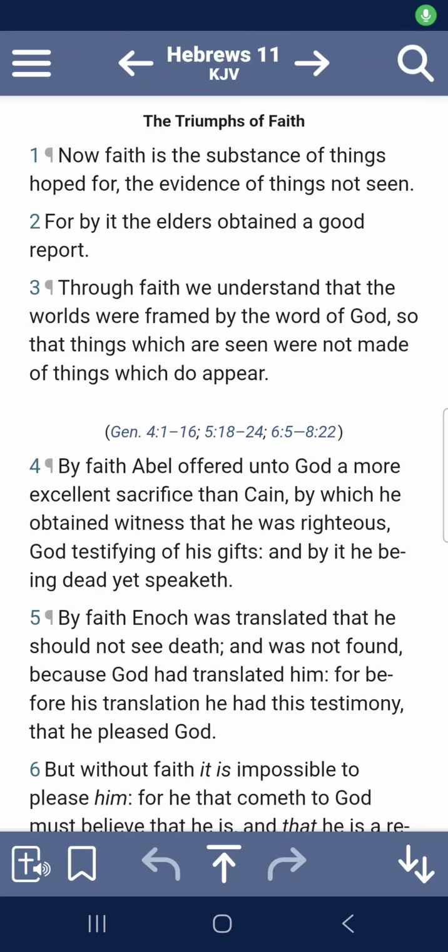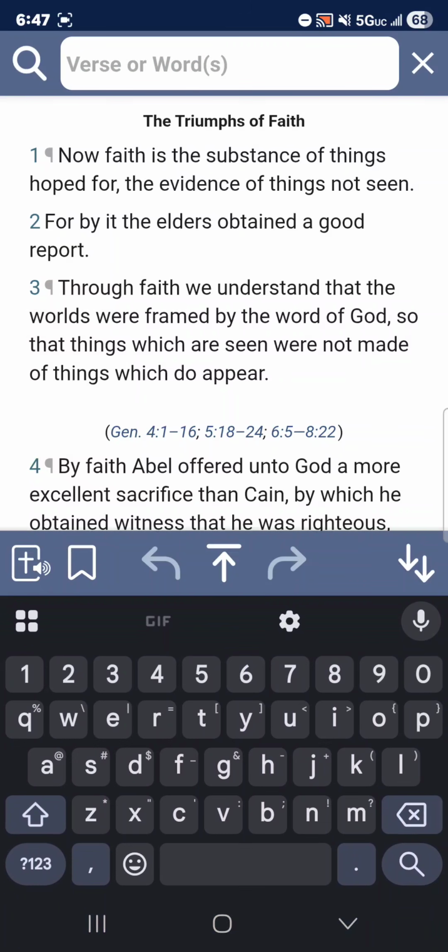Hello, I'm going to show you how to use the Blue Letter Bible app on your phone or tablet, and it looks the same on both a phone and a tablet for Android, in order to look up a Greek word. So the first thing is, I'm just in some other passage, and you open up the app, and then you click on the magnifying glass, and you can look up a word or you can look up